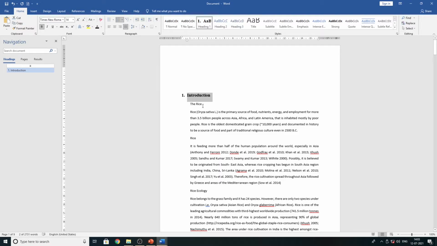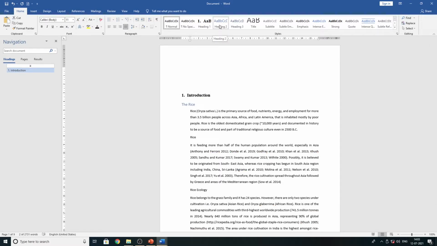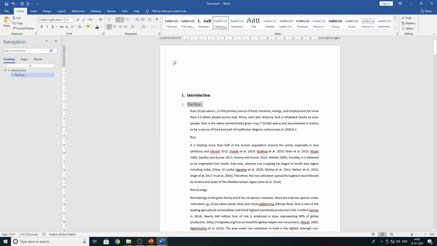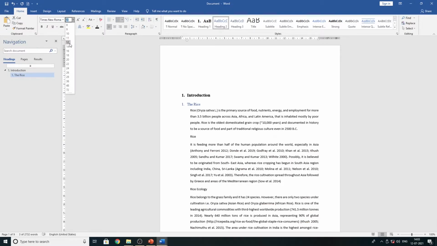Okay, fine. Then I'm going to click on that, right click and update this one. This is heading first. Okay, and click on this, heading 2, and I'm going to add heading 2 over there. Now this will look blue and no number is assigned as well. I'm going to select this numbering, this is multi-level numbering. Then I'm going to change the font. I'm keeping it black, bold. Now it looks fine.